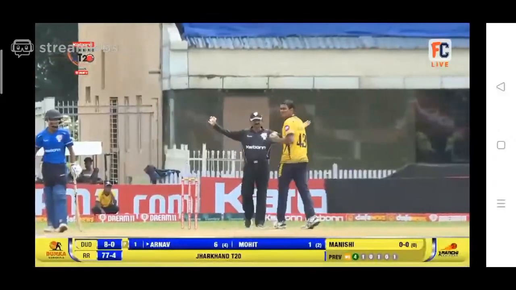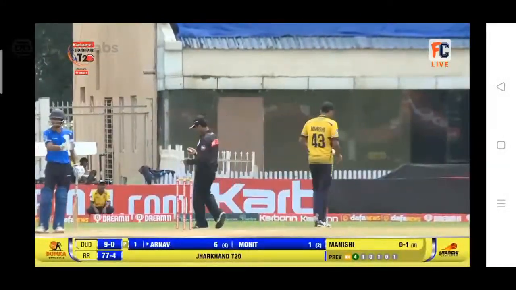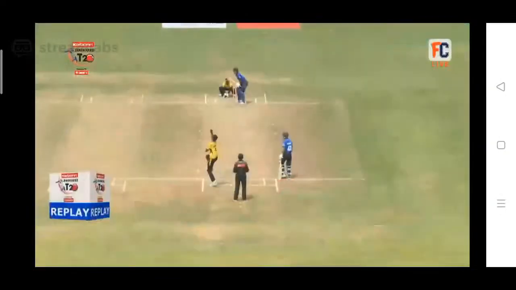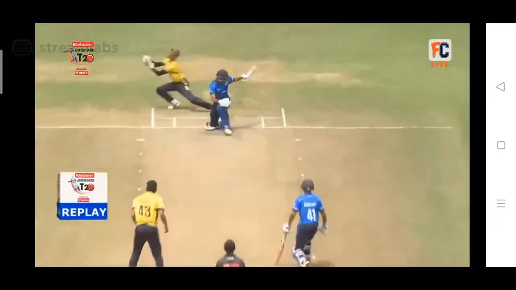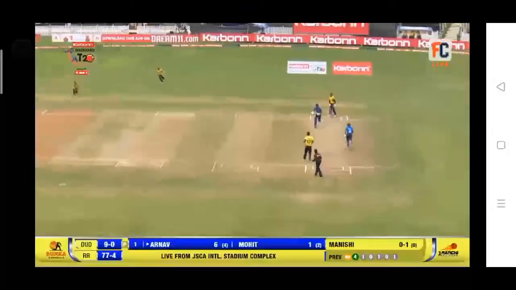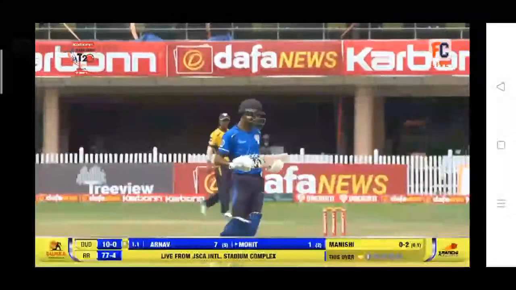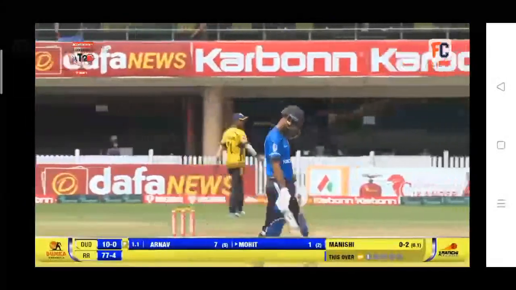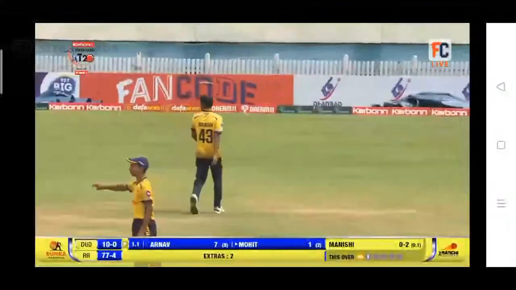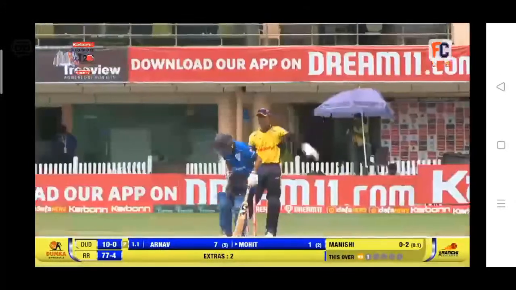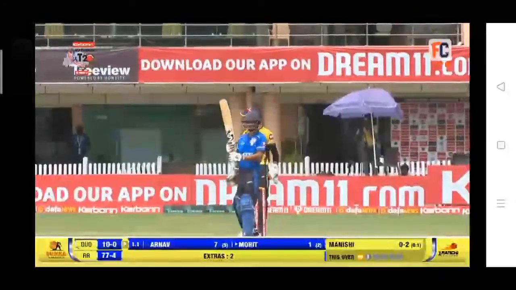And that's a wide. Wanted to keep it away from the batsman. That's a fairly good ball, and the batsman conveniently gets a single off that ball there. It's good to see the bowler bowling just outside the off stump.